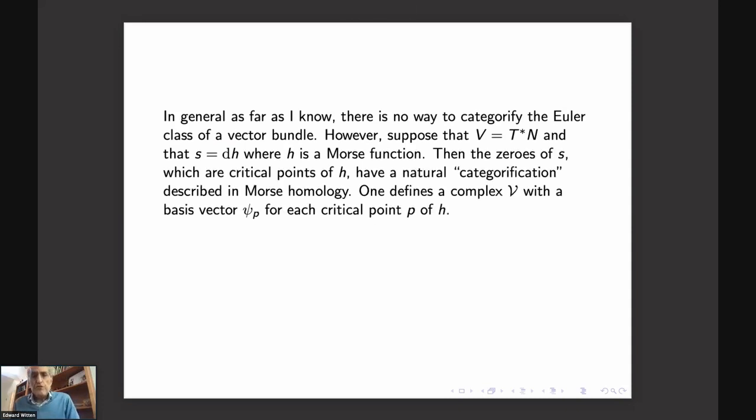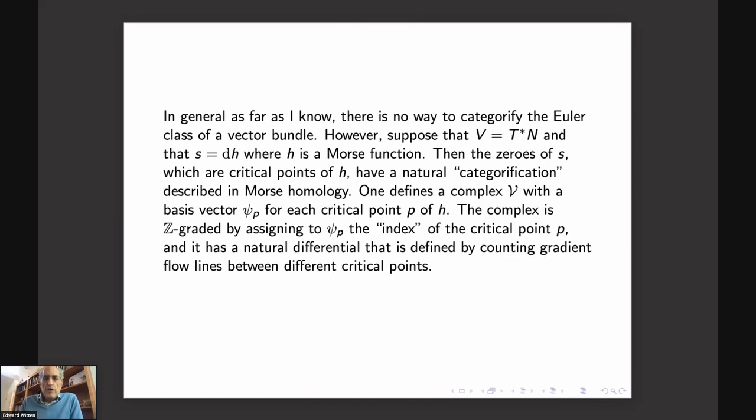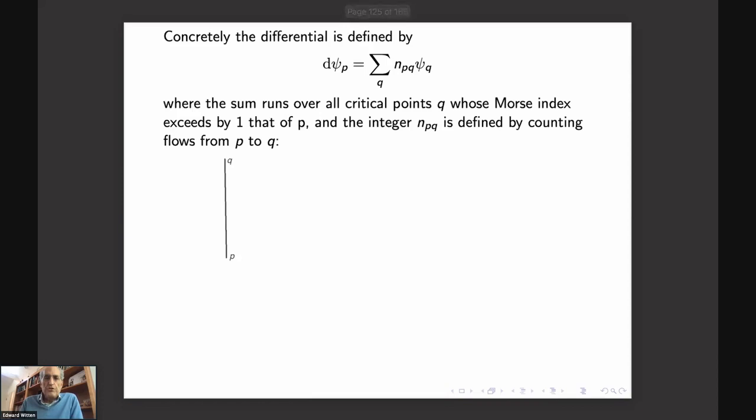Then the zeros of S do have a natural categorification that's described in what's sometimes called Morse homology. You define a complex V with a basis vector psi_P for every critical point P of H. Here I'm going to assume for simplicity that the critical points are non-degenerate. The complex is Z-graded by assigning to each psi_P the index of the critical point P, and it has a natural differential that's defined by counting gradient flow lines between critical points. So concretely,